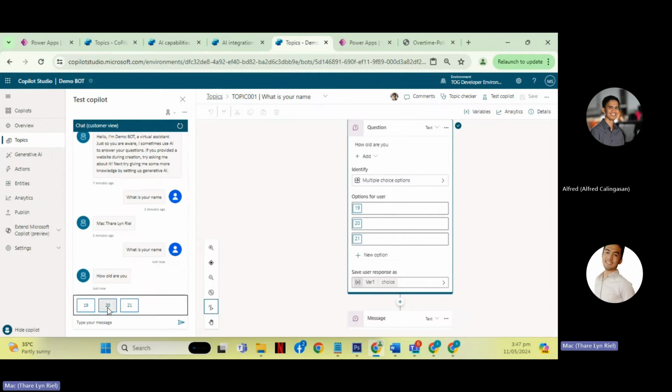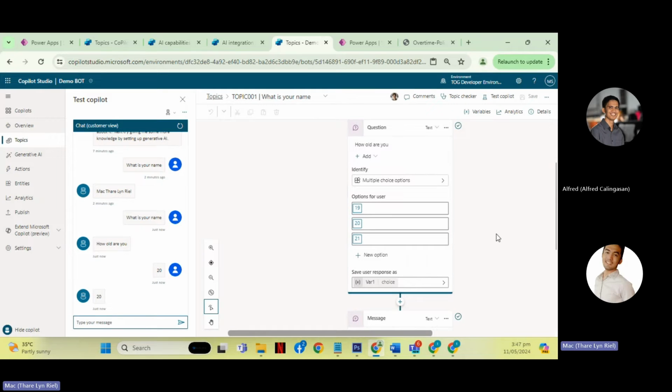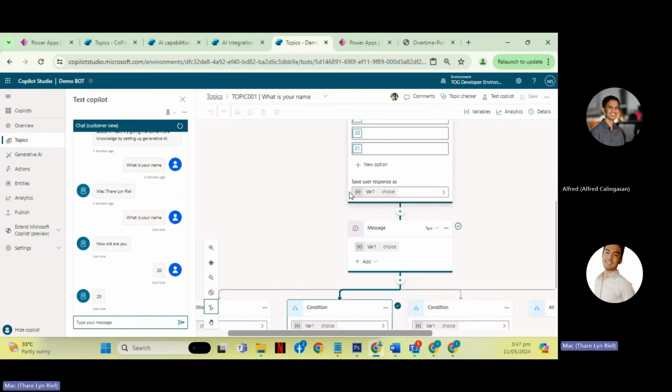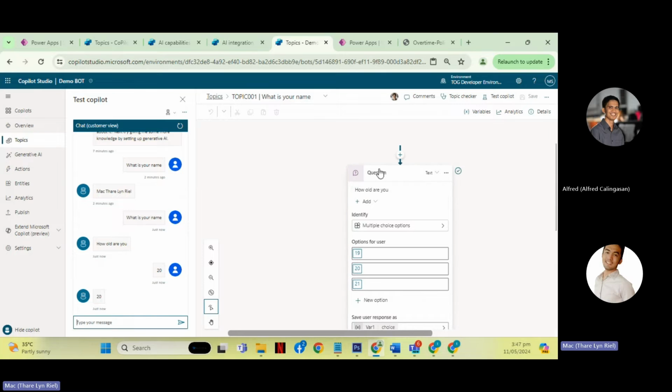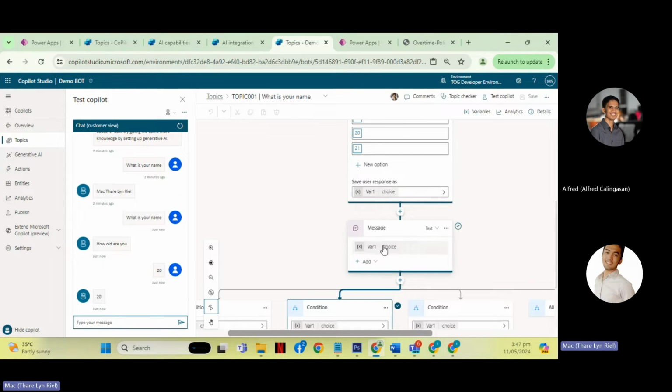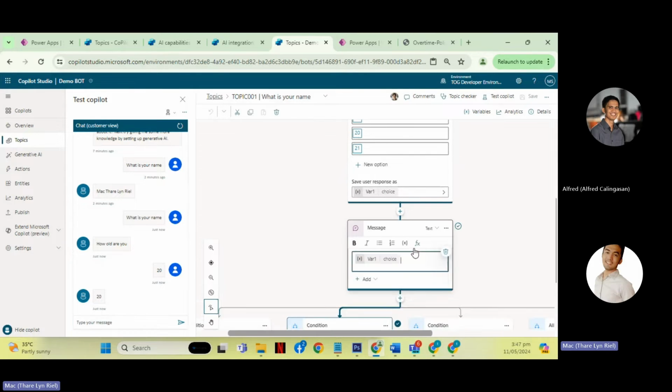So let's say 20. The answer that the user picks will be saved in var1. This variable was automatically created when I created the action. And then I put that in the message. So that's why it replied 20.